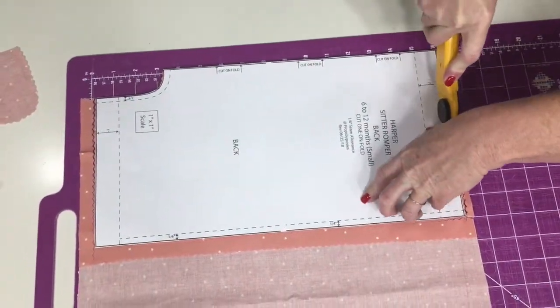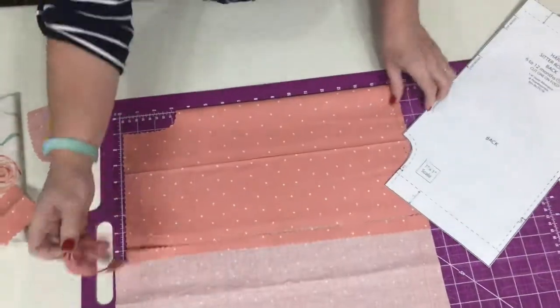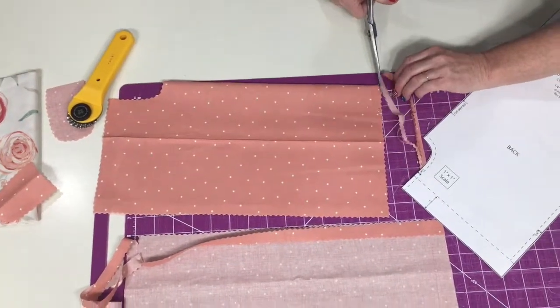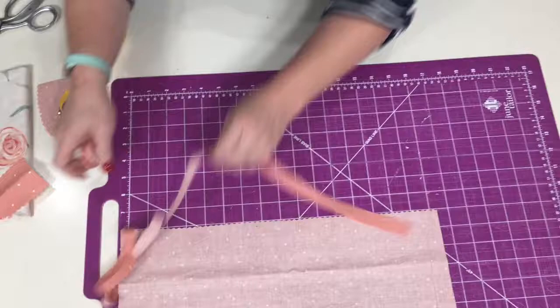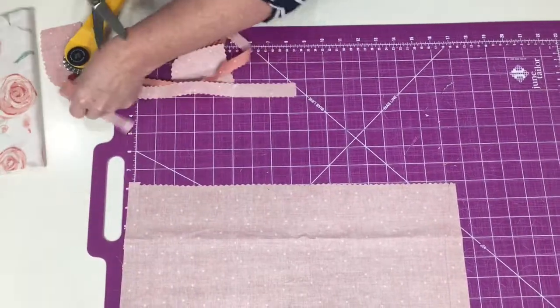Awkward angle there. Okay, here's our pants. The back. And now we're going to switch to, if you haven't cut out your strip, you'll want to do that